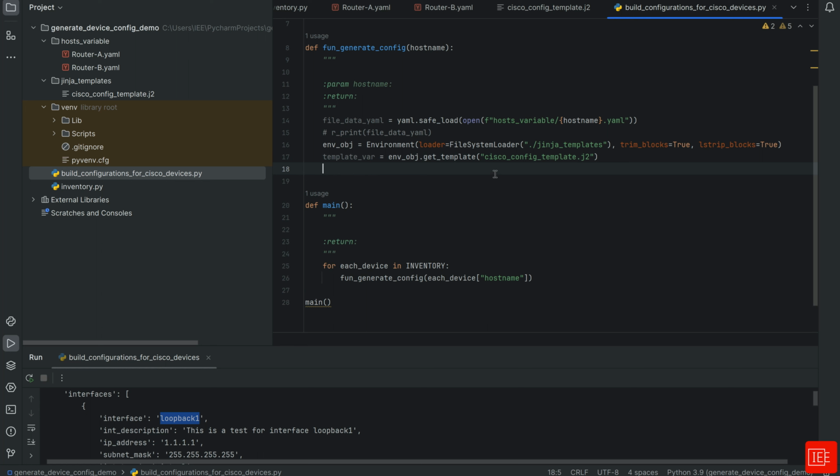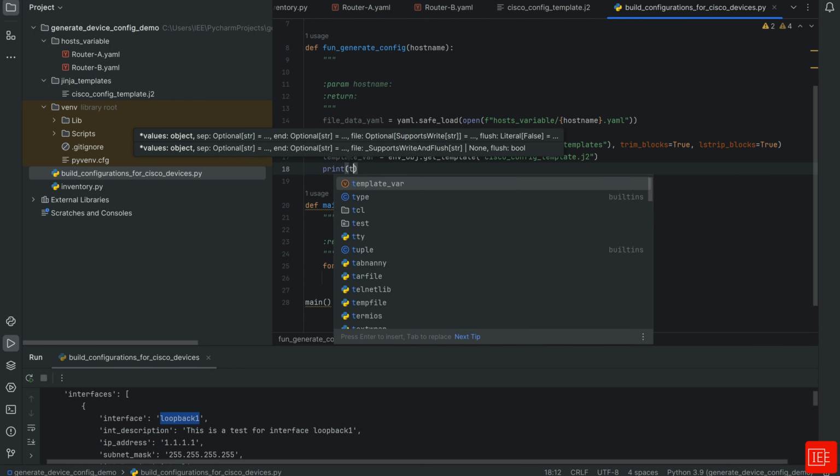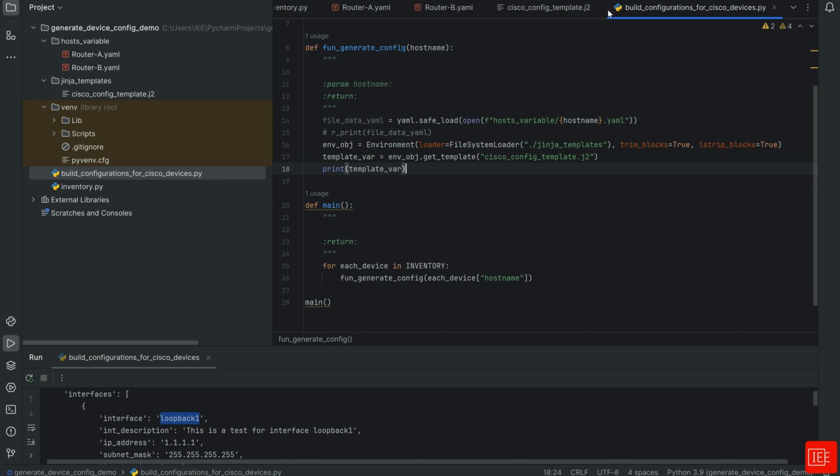And at this point, what we can do, we can print this template underscore var, and you'll see that this is an object. So if I go ahead and print this,